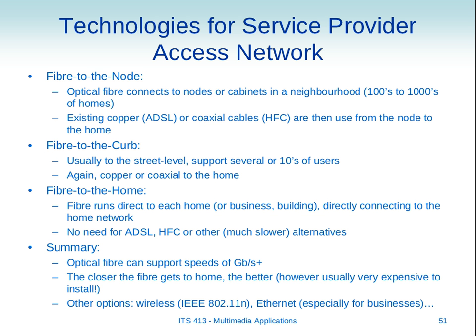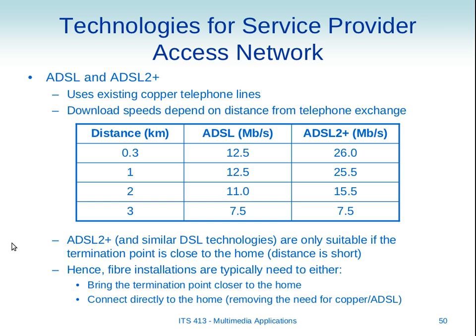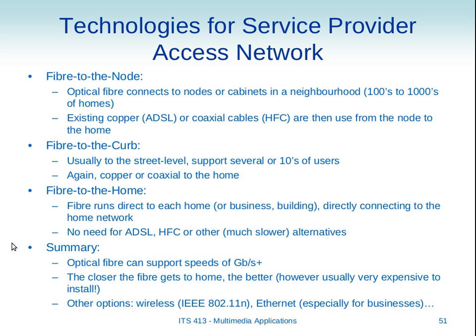The approach is to bring this exchange closer to the home. Still use the copper line from the home to this exchange. In fact, it won't be a telephone exchange, it will be a special device that interconnects to our fibre network, but to reduce the length of our copper link. As we saw with ADSL, the shorter the length of the copper link, the higher the speed. So, what have we got? Fibre to the